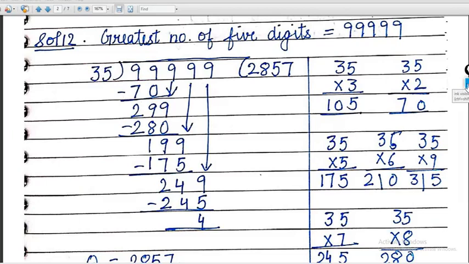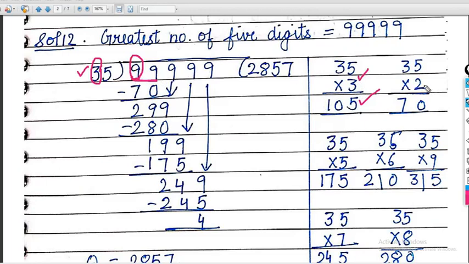In the table of 3, you will see that, ma'am, yes, 9 is coming. Yes, in the table of 3, 9 is coming. So first क्या करते हैं हम, 35 को 3 से multiply करते हैं. It is coming 105. Okay, because you can see that in the table of 3, this 9, first digit of the dividend, is coming at 3. So we will multiply 35 by 3, but it is coming 105, which is far bigger than 99.